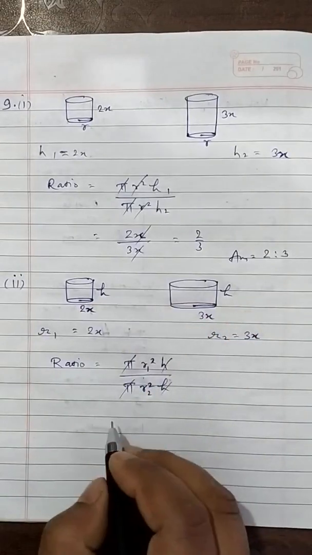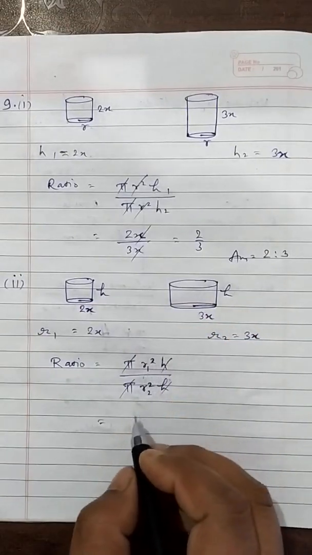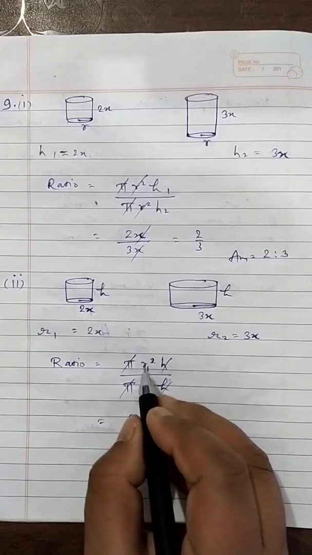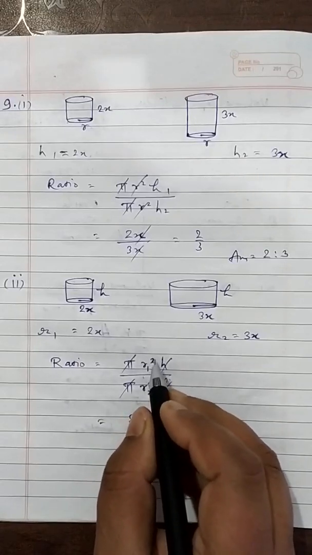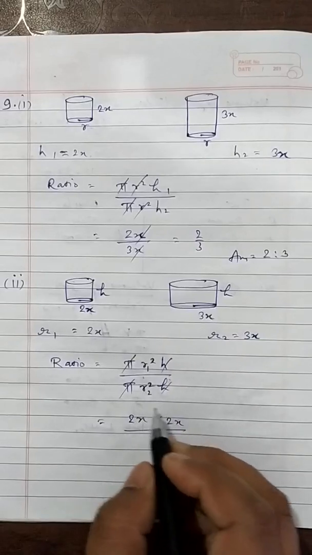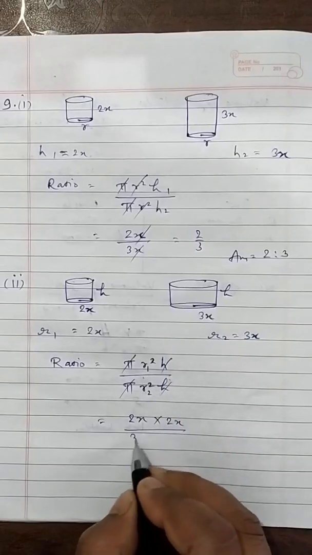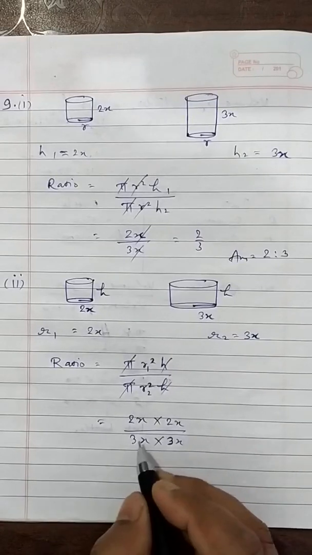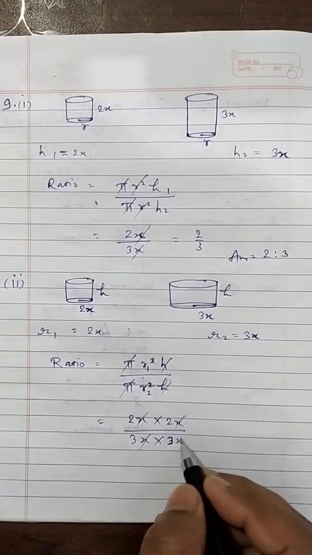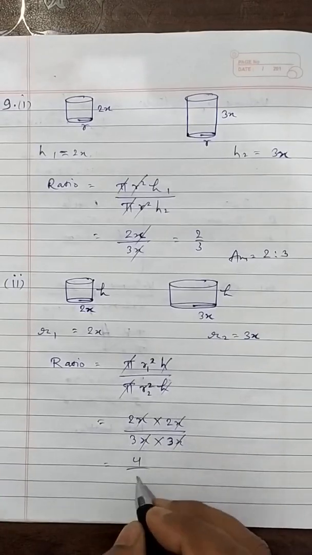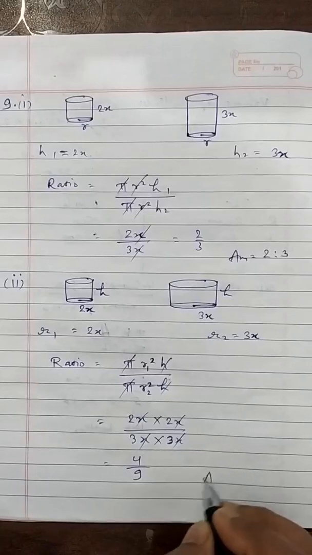Now R1 is 2x with a square. When we have square here, we will square the radius also. Then R2 square means 3x square, 3x two times. So x is cancelled, x is cancelled. So 2 2 is 4 and 3 3 is 9, and the answer is